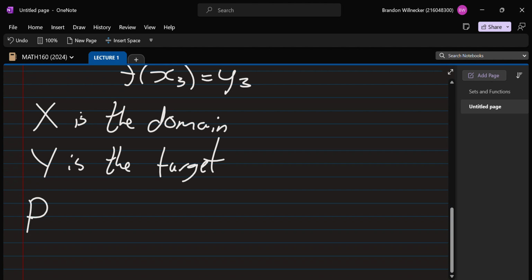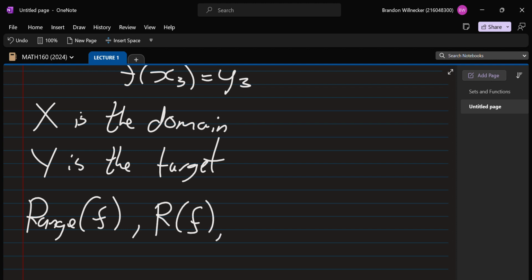So we can write the range of F, if you want to write it out fully like that. So fully range F. Sometimes R F, capital R for range. The way that I'm going to use, and probably in the solutions and memos and so on, I'm going to